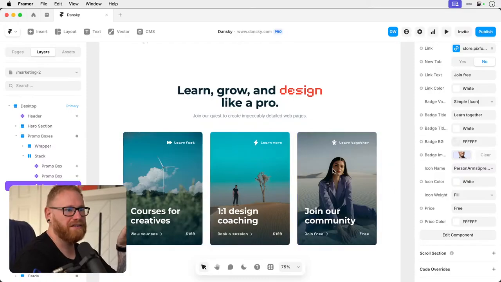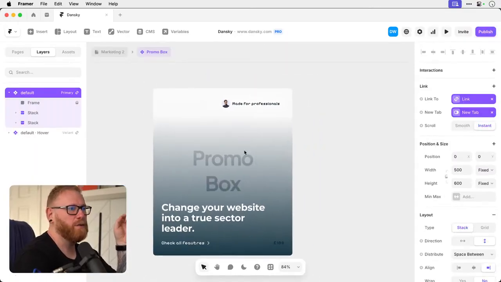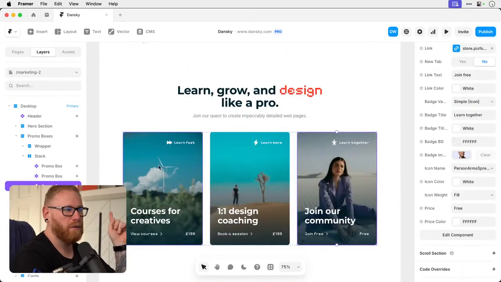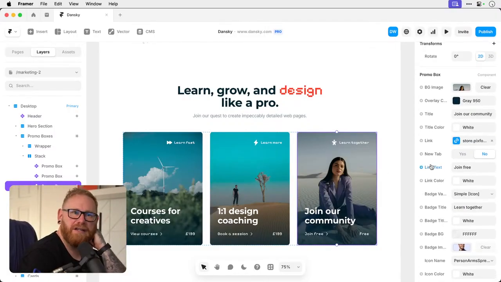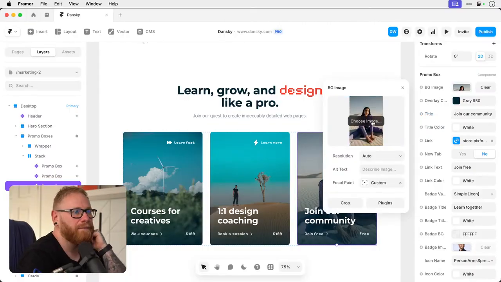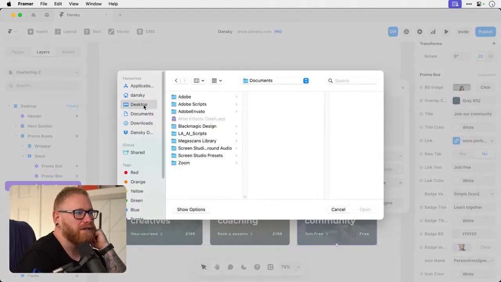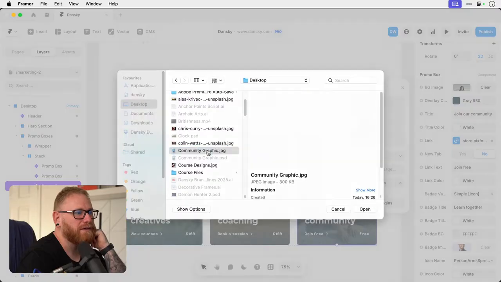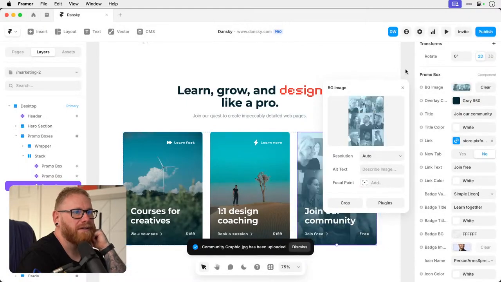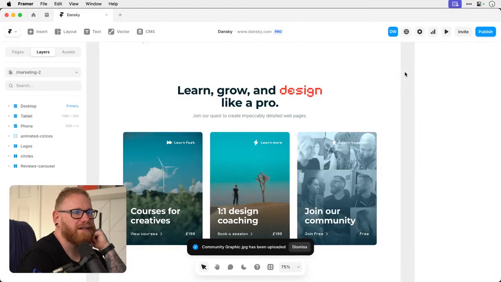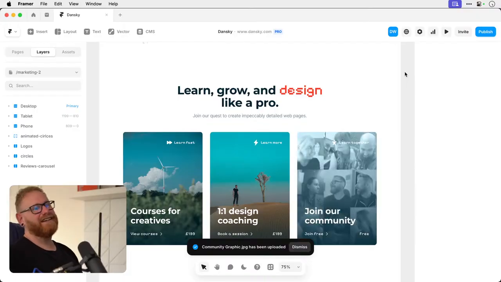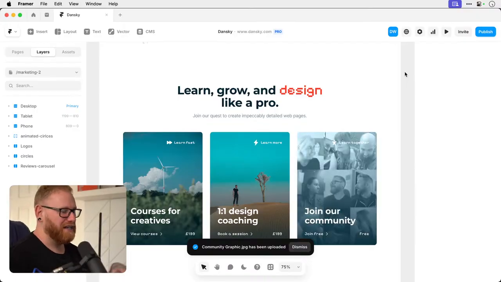You set up this one component, and all of these are based off that card design, and you just go into the properties and change it. So here I can change the image to Community graphic, and it just drops it in. That's amazing. I mean, the text doesn't stand out. I'll have to darken it.